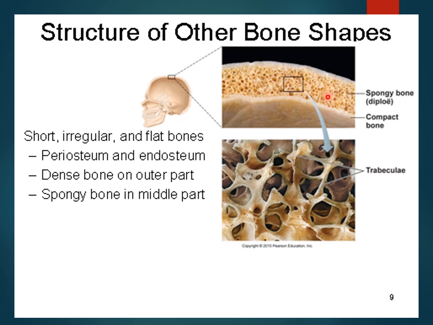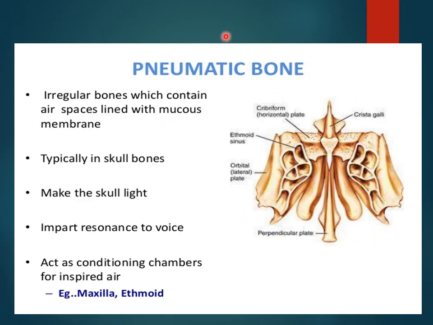This is present in between the outer two thin plates of the compact bone. So there are peripheral thin plates of the compact bone, and on the inner side it is filled up with the spongy bone, that is diploe. That is having that typical characteristic trabecular pattern, and its appearance is just sponge like. Here you can appreciate.